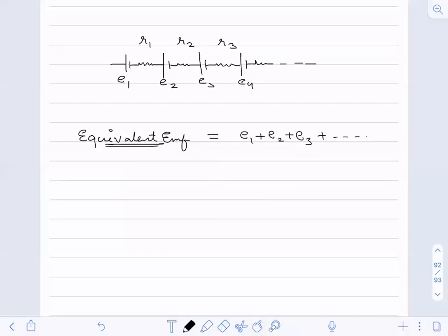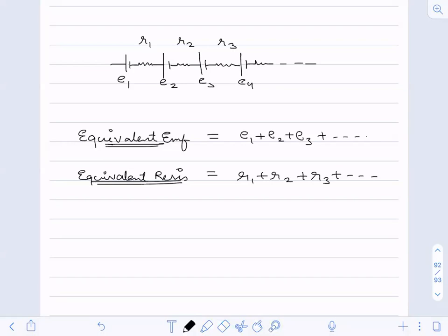If you want to find the equivalent resistance, it will be written as R1 plus R2 plus R3 and so on. It is like that. Now just see the batteries with their internal resistance, they are connected